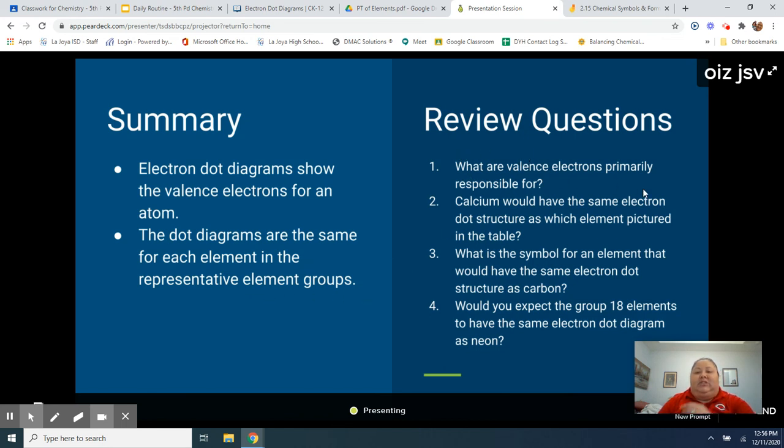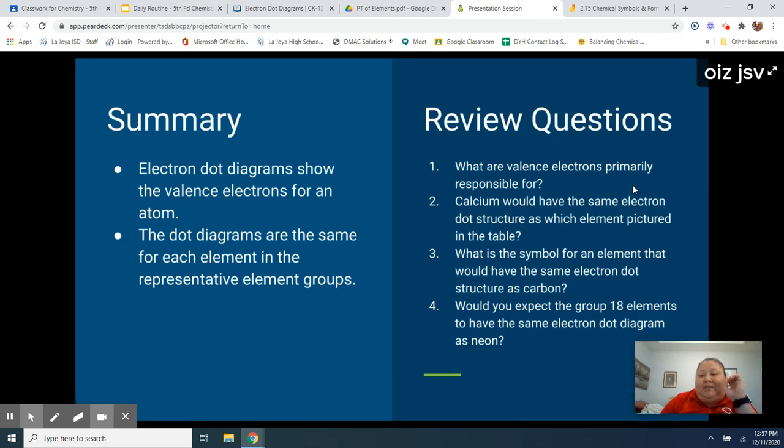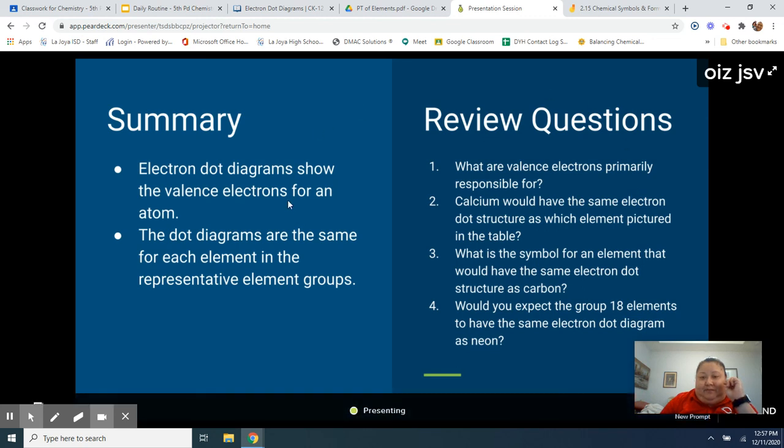1, what are valence electrons primarily responsible for? 2, calcium would have the same electron dot structure as which element pictured in the table? 3, what is the symbol for an element that would have the same electron dot structure as carbon? And 4, would you expect the group 18 elements to have the same electron dot diagram as neon? Any questions on